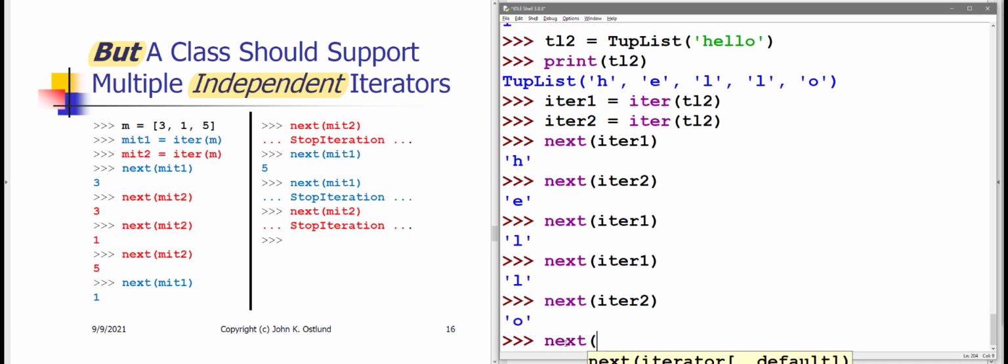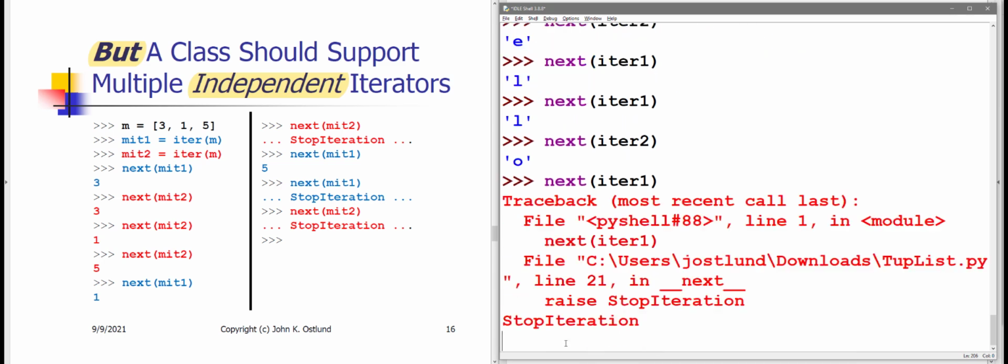And then regardless of which iterator I use, iter1 or iter2, I'm done, and so I'm going to get my stop iteration exception. Okay, so this is bad. We need to have smarter iterators than what we've done so far. Now, I will point out, though, and this is fascinating to me,